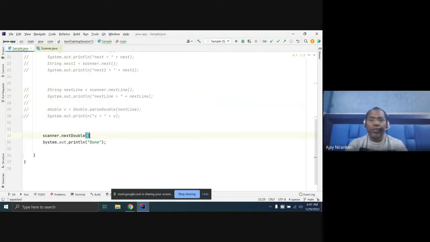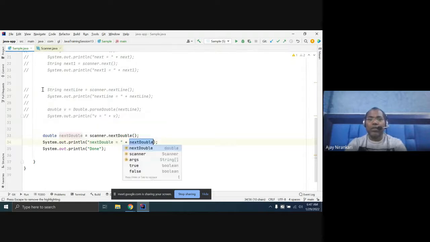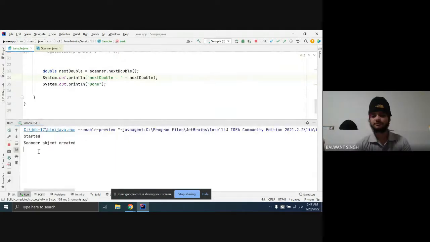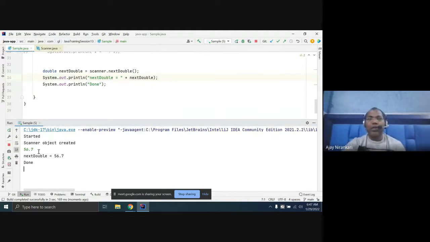This will directly give you the double value. Now if you run it and enter 45.7, you are getting the double. This is directly the double value.